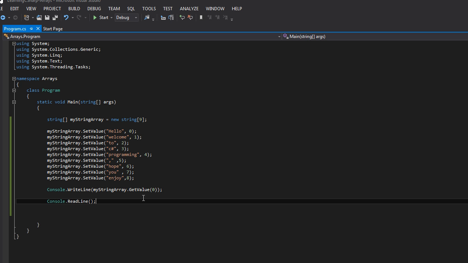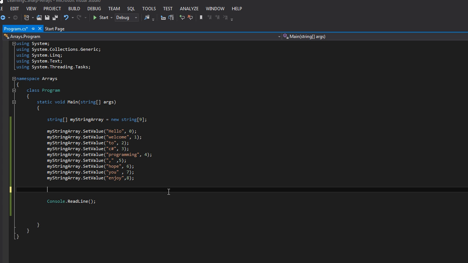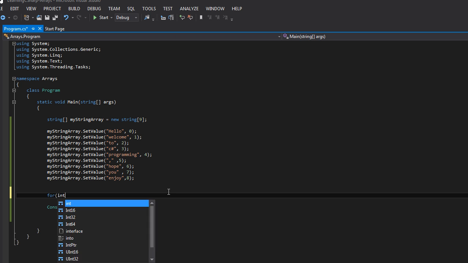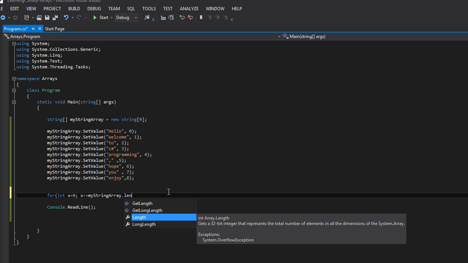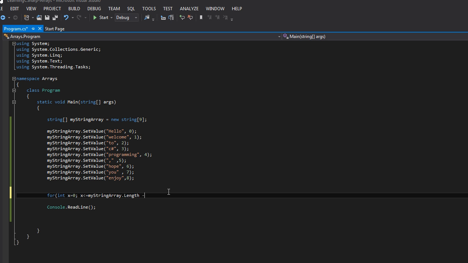So in this case here, we could use a loop to display everything to the screen, one line at a time. And so let's go ahead and use a simple for loop like we've learned before. So we'll do for int x equals 0, x is less than or equal to myStringArray.length, the length of the array, and we want to do -1, and then we'll do x++,